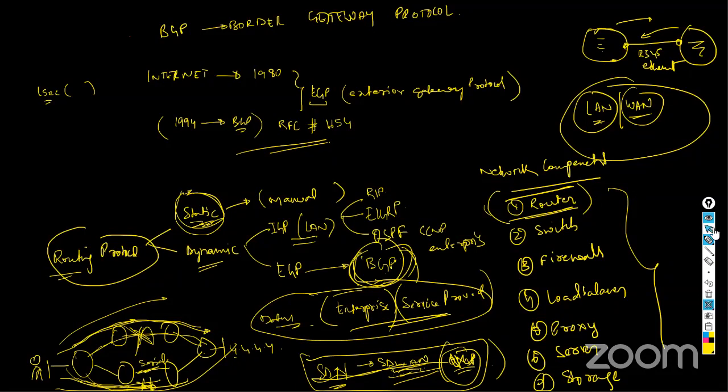Fine. So this was my first overview of BGP, how BGP evolved, where BGP is standing, and where it is used. Okay, it's used in routers and all those things. So in the next, let me clear this. Okay, so let's talk about BGP now.